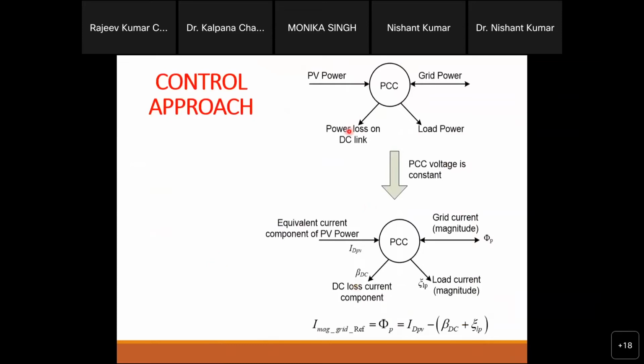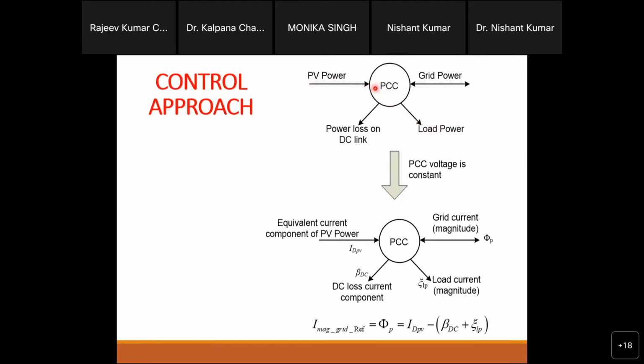You can see on this screen, from the input side, the PV is coming, right? So PV power is coming this way. This is one-way supply. This power is coming to the converter, the DC to AC converter, and then it goes to the PCC. And at the PCC you have one load, right? The local loads, you can say, and the PV power is coming to the PCC.